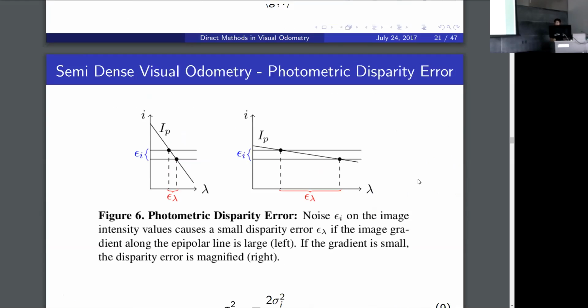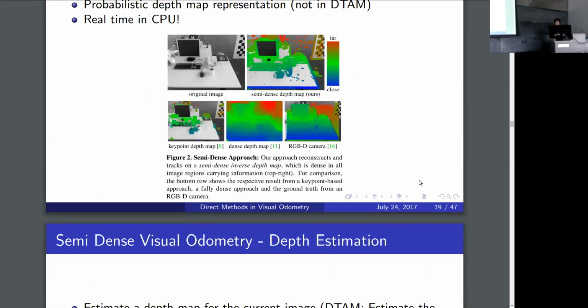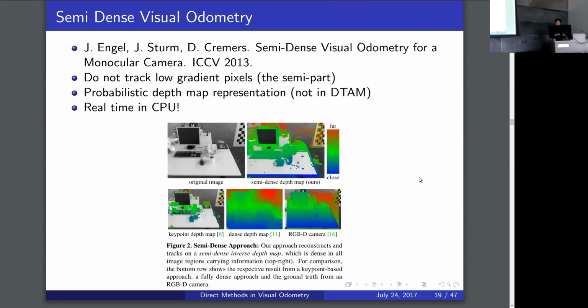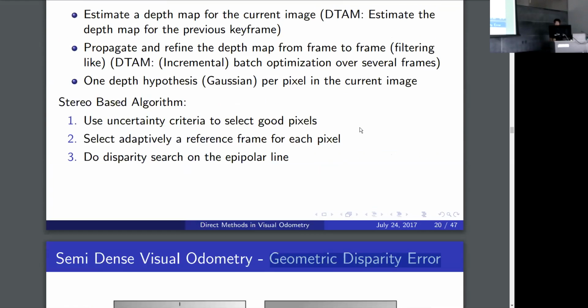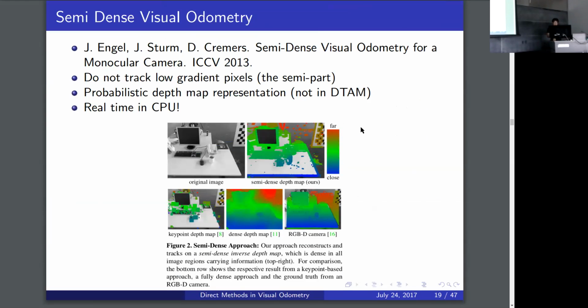And if the 3 combined give you a small error, that's what they say is a semi-dense feature. So those 3 errors basically try to